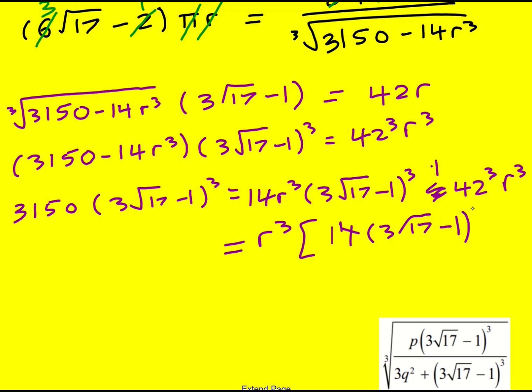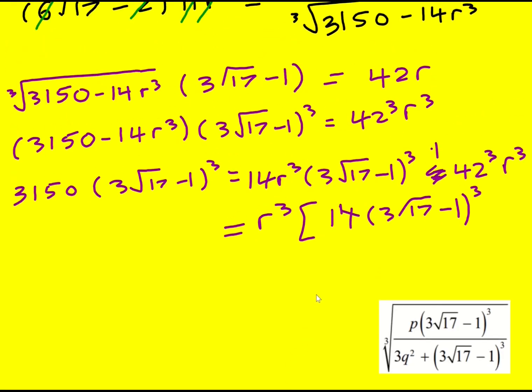Sorry, sometimes on my really long videos, my computer stops being able to deal with all the writing and it gets a bit laggy and it just becomes a bit messy, so apologies. Okay, so I've taken out r cubed and then I've got, that was a plus, so I've got plus 42 cubed here. That means that r cubed is going to be